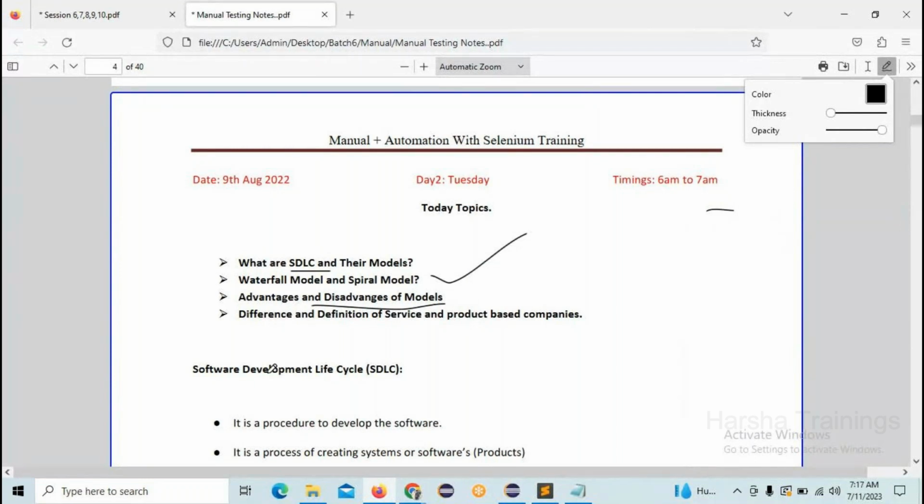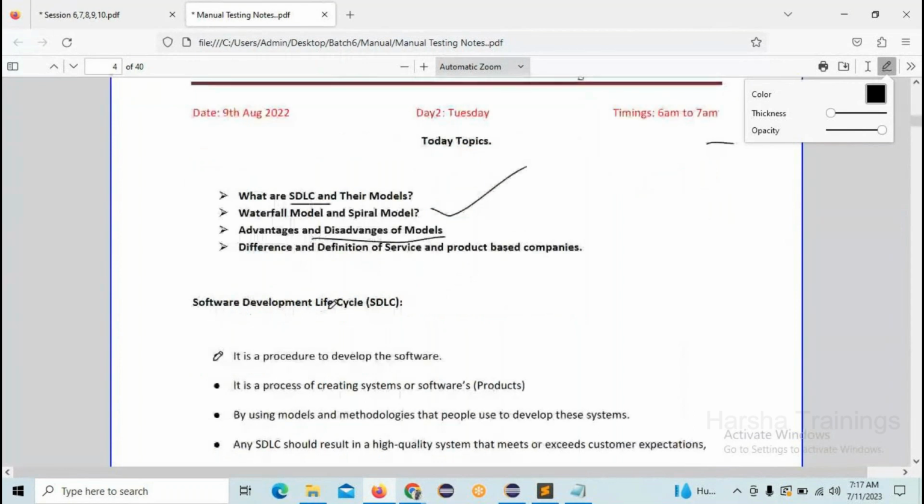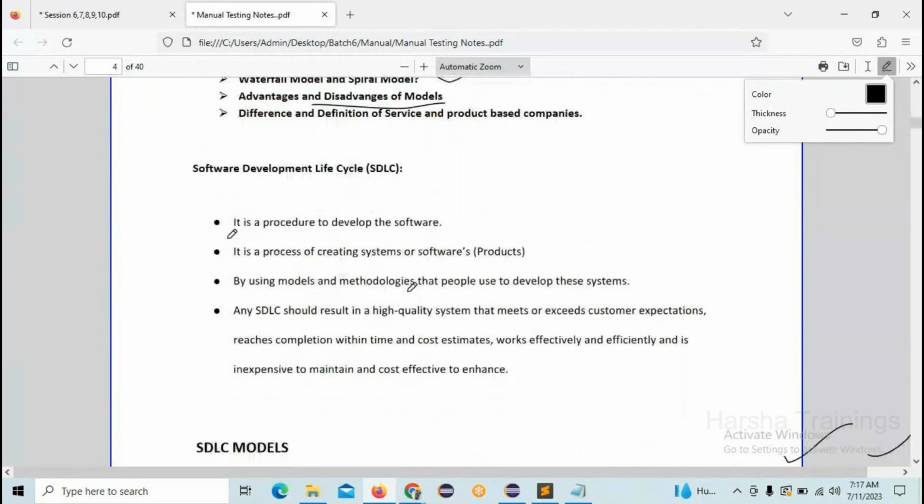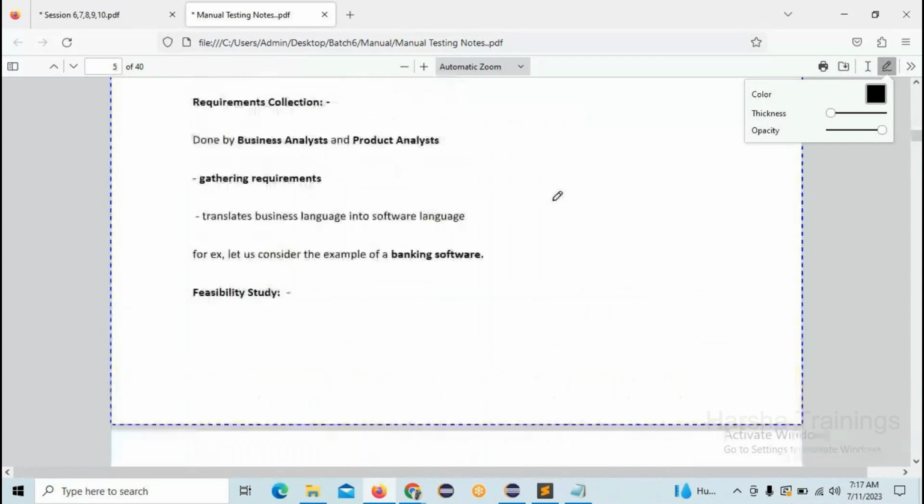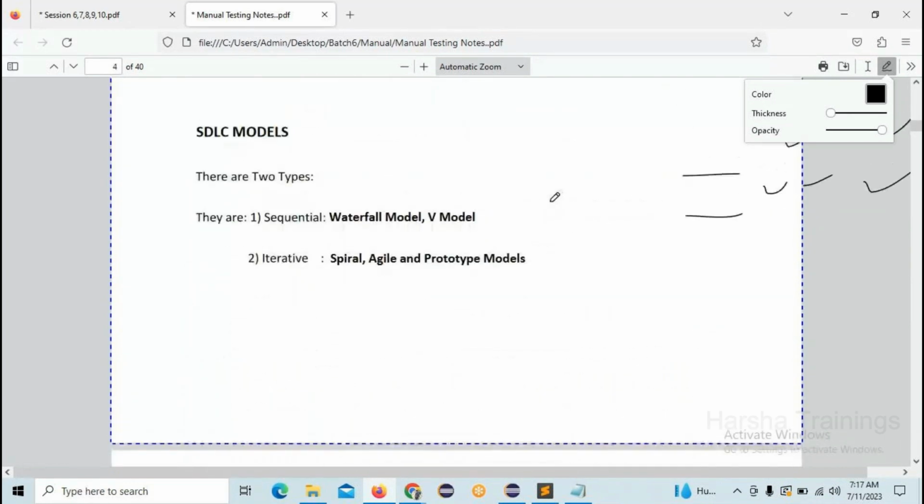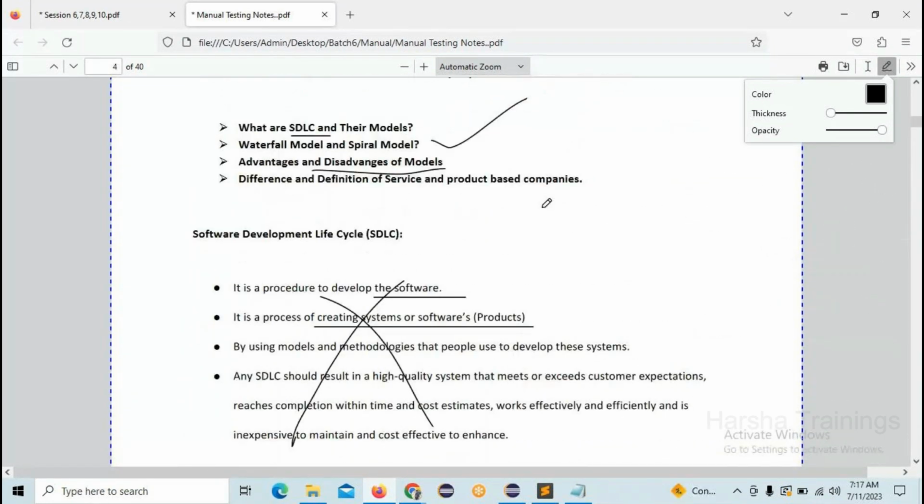Here we can see software development lifecycle. It is a procedure to develop the software. It is a process of creating systems or software. Just ignore all these definitions. I already told you we are having some phases, right? So first one is